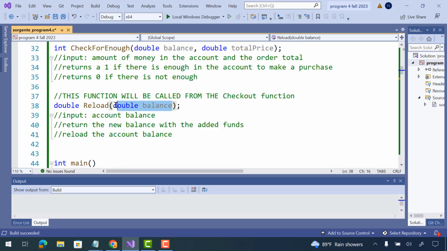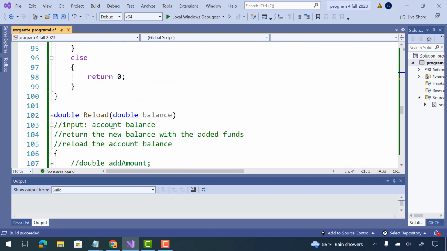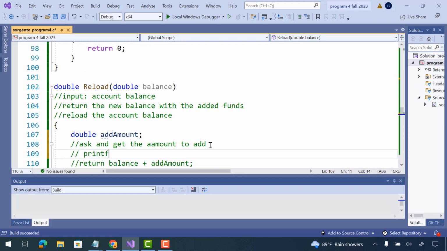So this is going to take the balance, ask how much to be added, add that to it, and return the new balance. So let's go down here and do the implementation. All right, so we're going to declare the amount. We're going to ask the user, printf, how much to add. All right, then we're going to scanf,